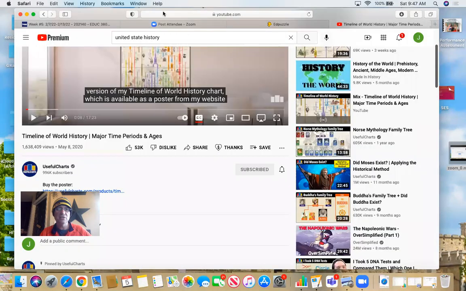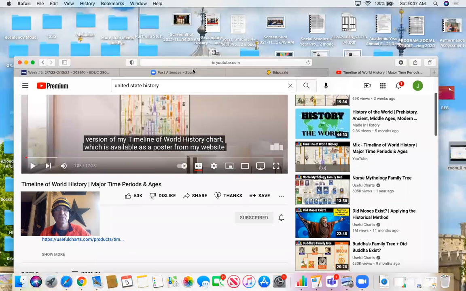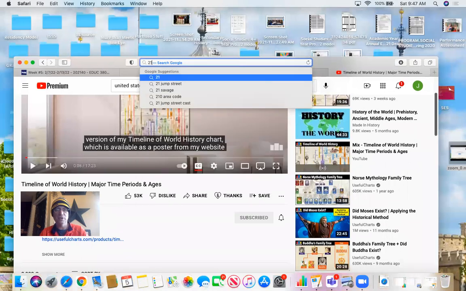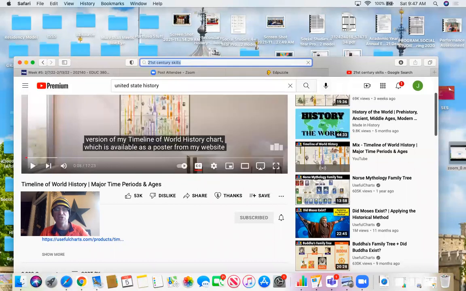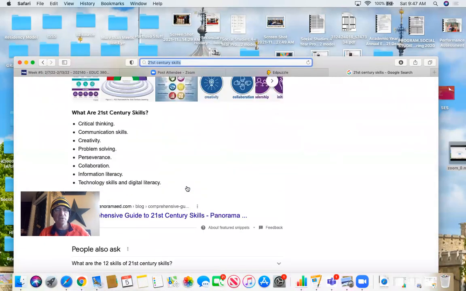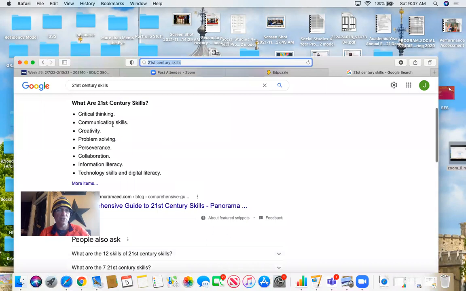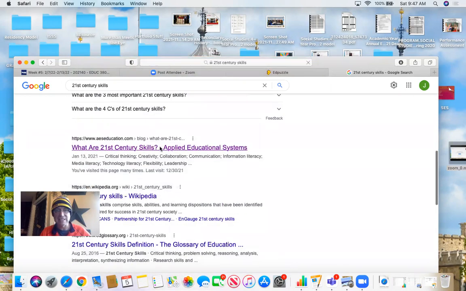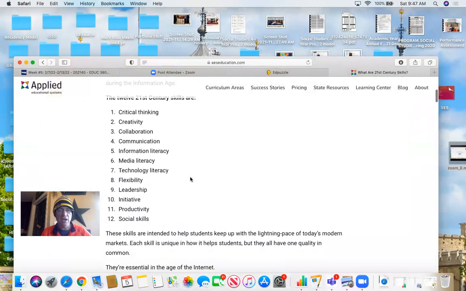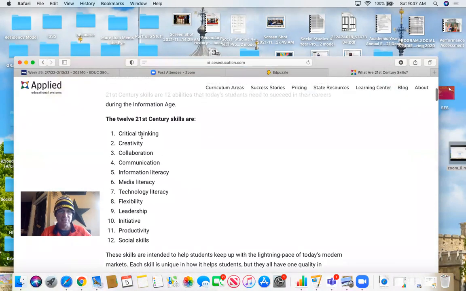21st century skills, you can do a quick Google search, but I'll put it up. I should have already done that, I thought. But 21st century skills are just things like critical thinking, communication skills, creativity, technology, collaboration. They also can be divided into different things called the C's. They have different ones like collaboration and such. But I kind of just think about them like this. If you know that list and how they can incorporate them, that's fine.